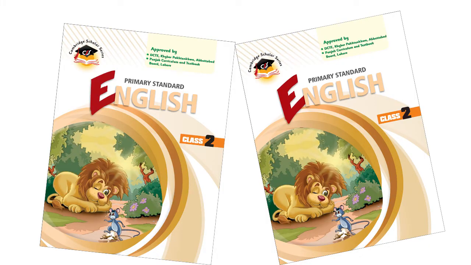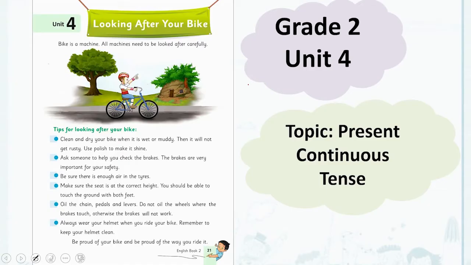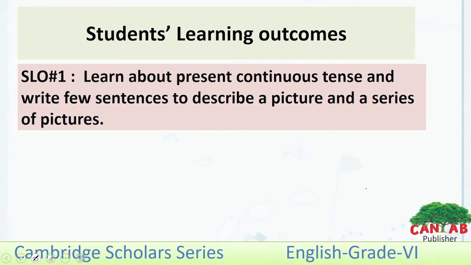Before starting the lesson, dear students, you should have with you the class 2 English textbook. We are going to start our lesson from unit 4, looking after your bike. And our today's topic is present continuous tense. The SLOs of this lesson are: learn about present continuous tense and write a few sentences to describe a picture and a